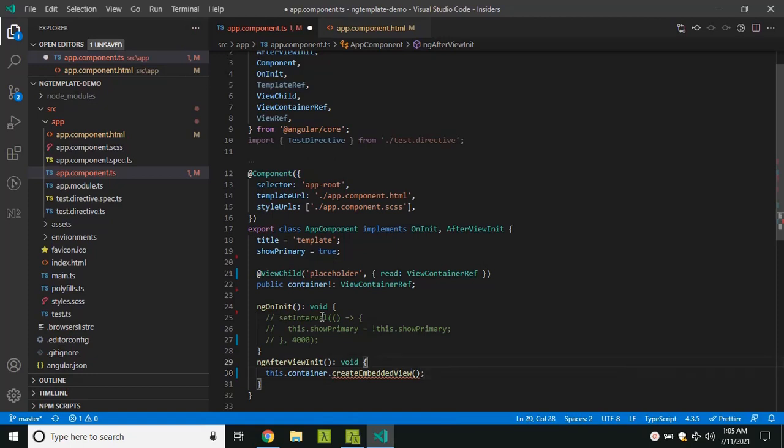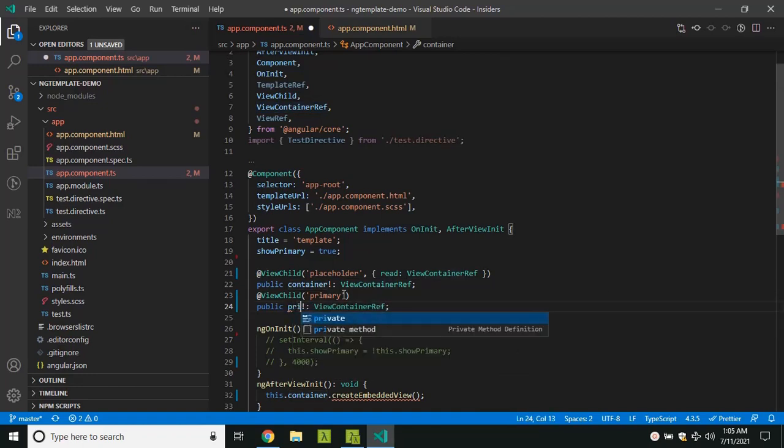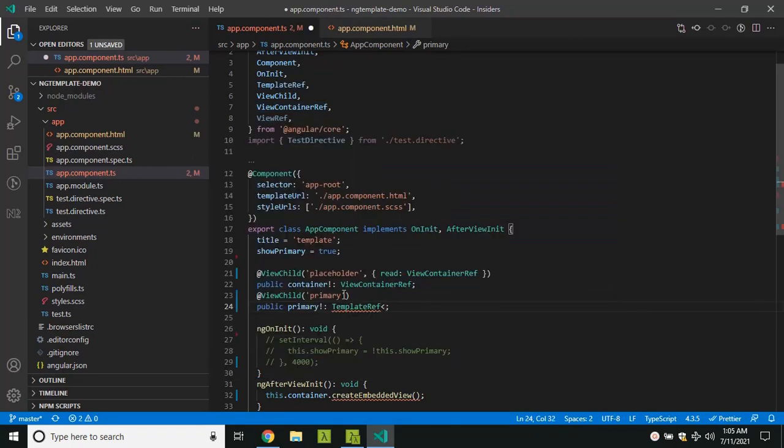So we need to get the template reference first. So I will add another view child. Here I will give primary, and I do not need the read, and I will give the name as primary, and it will be a TemplateRef since it is attached to an ng template.